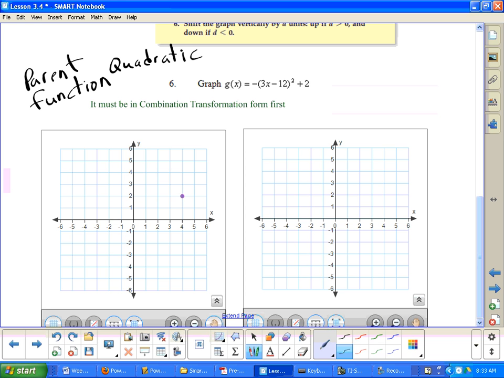So what we're doing is taking this graph, x squared, and transforming it. Now, in doing that,